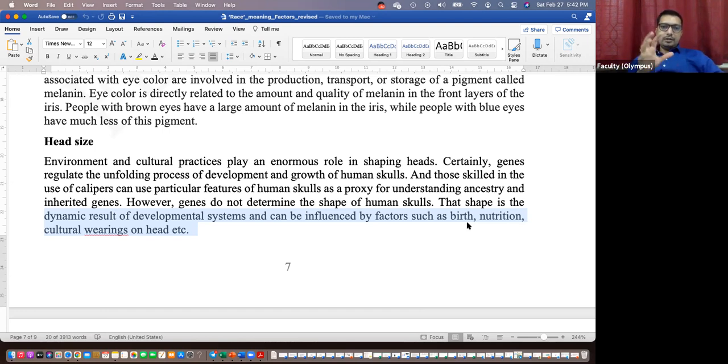You probably see this, right? Sometimes they use vacuums to pull the baby out. So people who were born like this with this assistance would have these extended heads. The head is actually kind of extended like this, because in the early stages where there is more flexibility, they use vacuum to pull the baby. They will have these elongated heads. Like birth process, nutrition, cultural wearings, and all these interventions that we use during the delivery process can define the shape of head. So it is not purely defined by our genes. Genes do start the process, initiate the process, regulate some events, but many other factors like this would define the outcome.